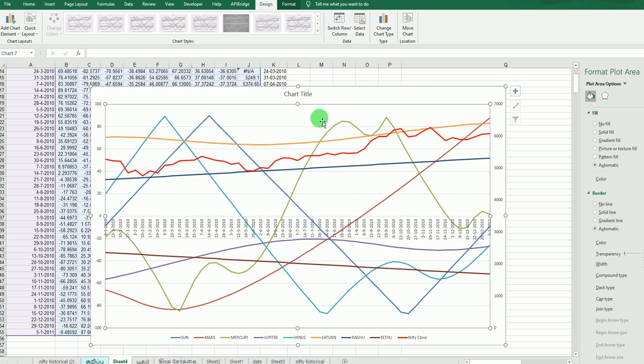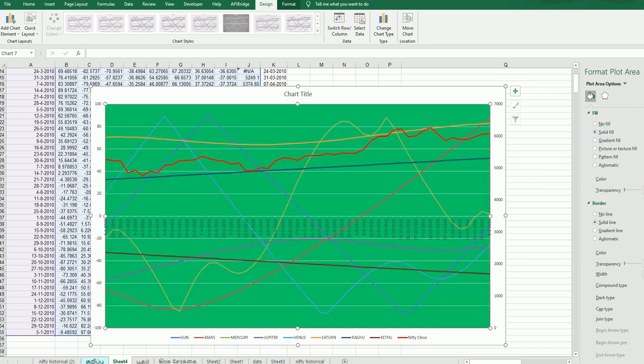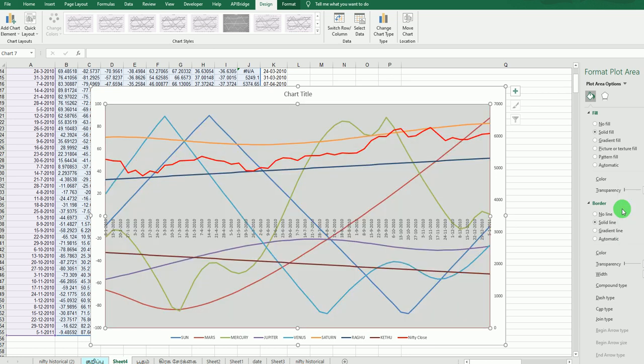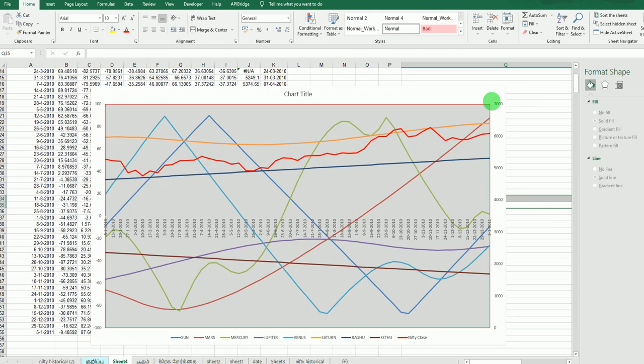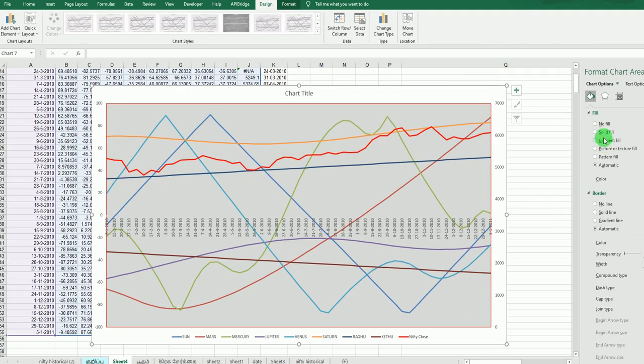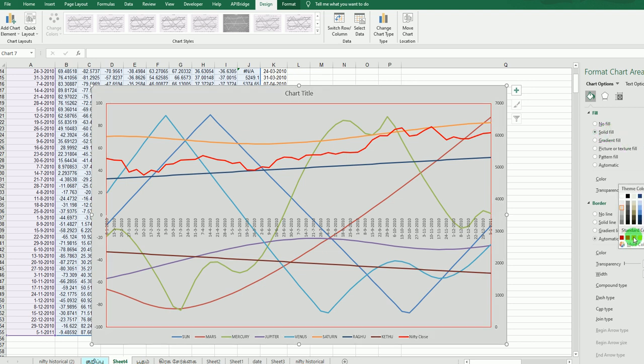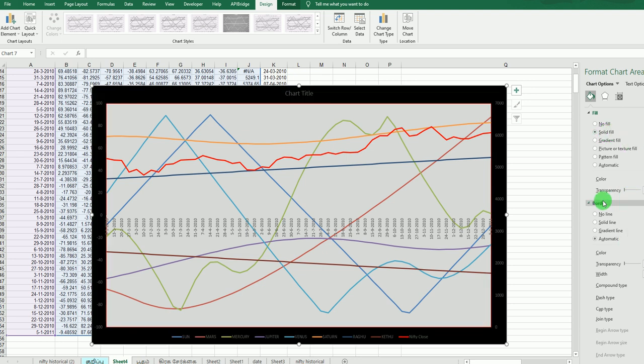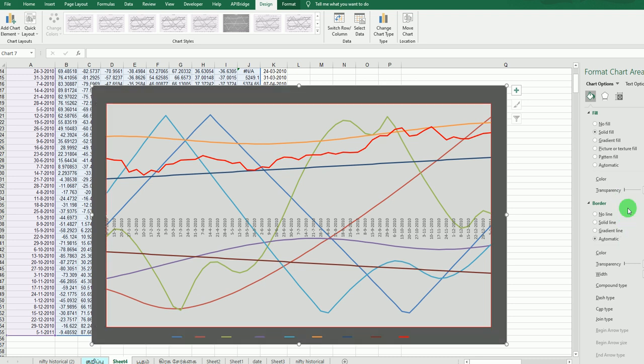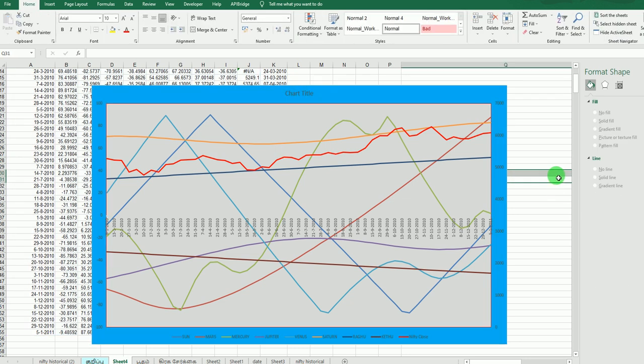If you want, you can fill a line, solid fill with whatever color you want. The outer area also we can fill with color, some darkness, a little dark, some blue. Okay, right, now I got it.